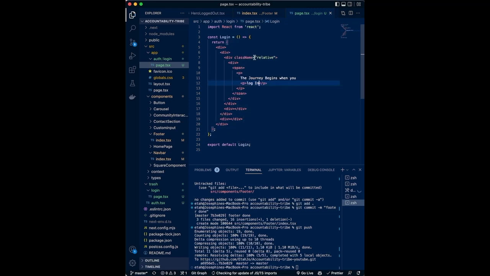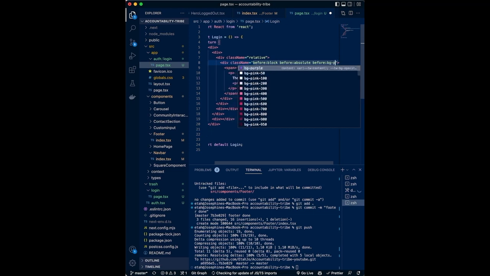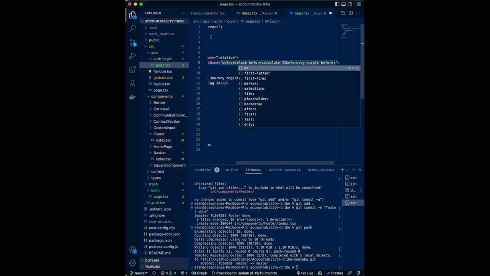Okay, great. Now we have this div, we have a second div, and right here, let's put this class name: before block, before absolute, before bg purple. We want it to be bent a little bit, so we're going to make it skew y, vertical axis, 12, and then